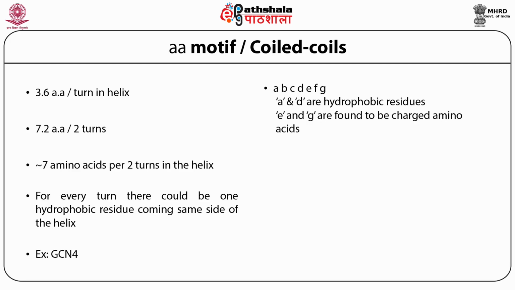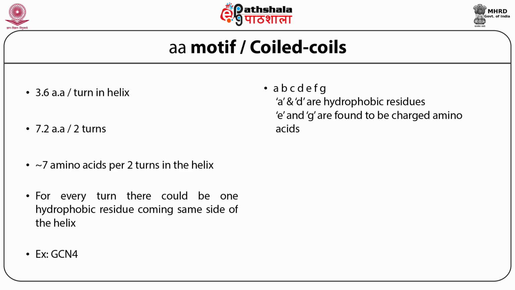So if you take longer coils, as the length of the coil helix increases, they actually look like each alpha helix is wrapping with each other. So that's why they are called coiled coils. One alpha helix is a coil, and the two alpha helices wrap up each other. So that's why we call them a coiled coil.